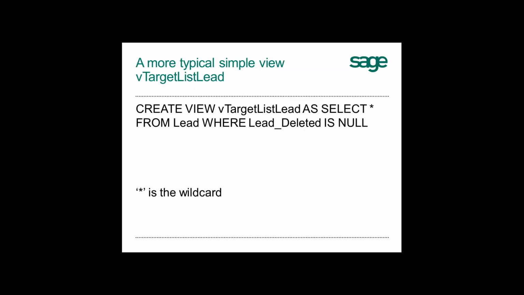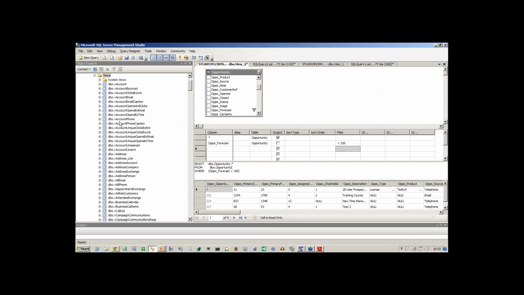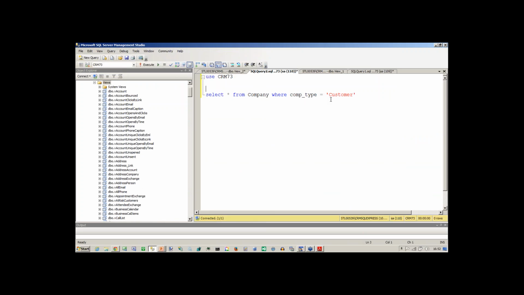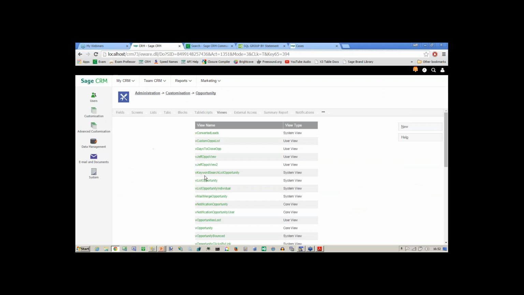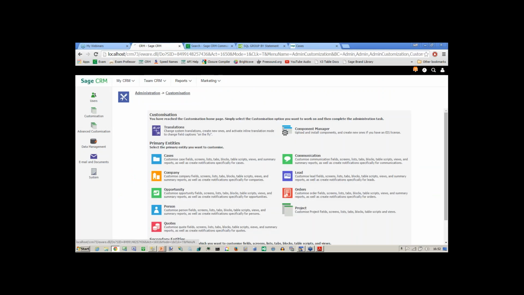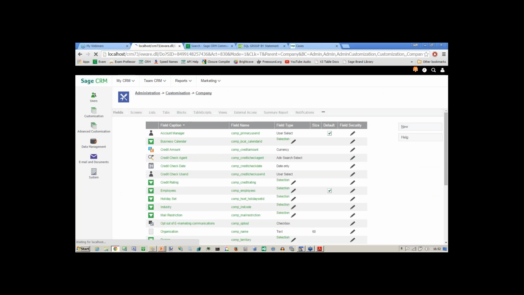But there are some other important areas that we need to understand when it comes to pulling back data. One of the common fields that you'll see mentioned inside the system is the idea of the null. If I look at my definition of a view, it will typically, and we'll see this in the V company view. If I go into customization V company PE, which is the main system view for pulling back company